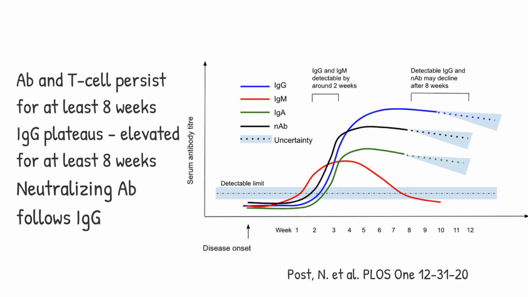As discussed in the diagnostic section, IgG and IgM, as well as neutralizing antibodies, reach detectable levels by approximately 14 days after the onset of symptoms. IgM levels decline over 3 to 5 weeks, while IgG levels and neutralizing antibody levels peak in weeks 3 to 7 after the onset of symptoms, then plateau, persisting for at least 8 weeks. Systematic study of IgG and neutralizing antibodies remains to be performed. Therefore, the duration of immunity following natural infection is not known.